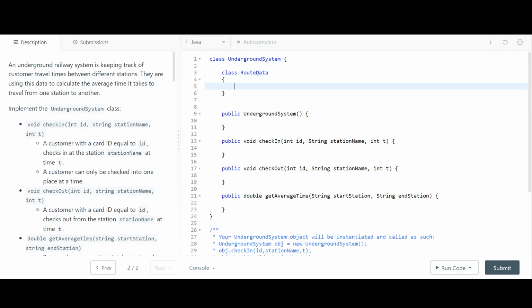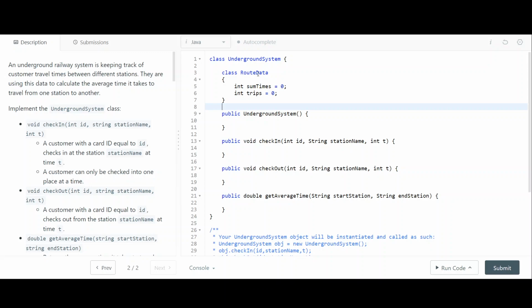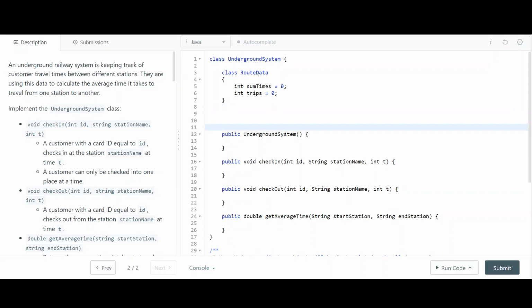What for every route you want to save is, begin with this, and you'll have a default constructor which is completely fine. Now you're gonna have,